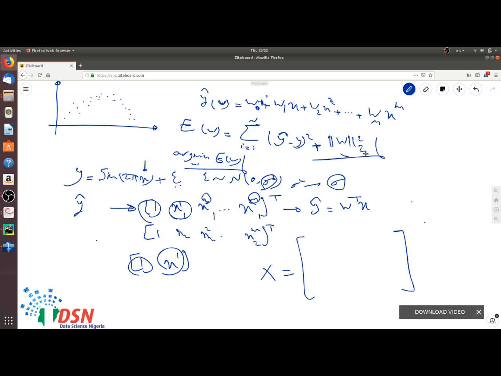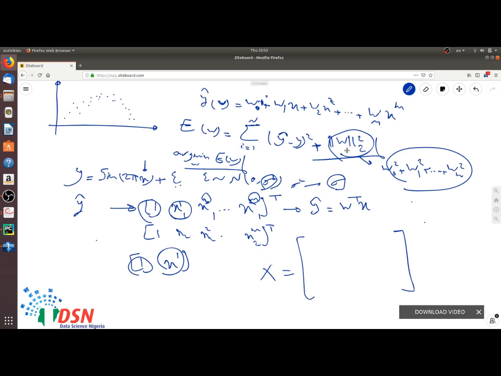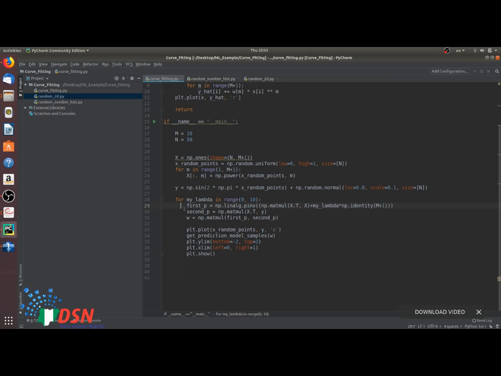In other words, we can expand it as a sum over all w's squared. So we add this term with a lambda coefficient. So in here we have some lambdas. We created a loop, and then in these three lines, actually we calculate the